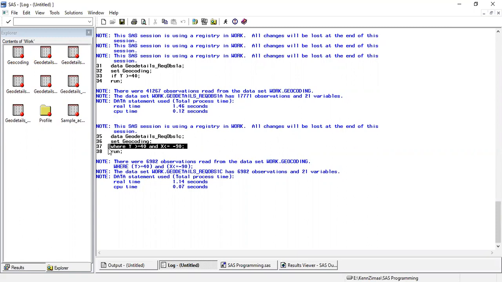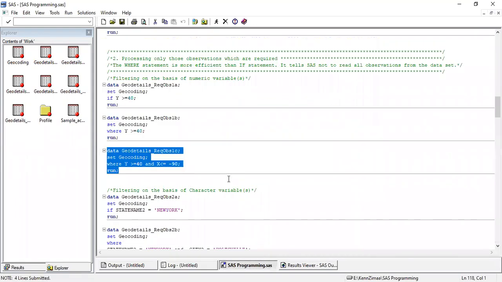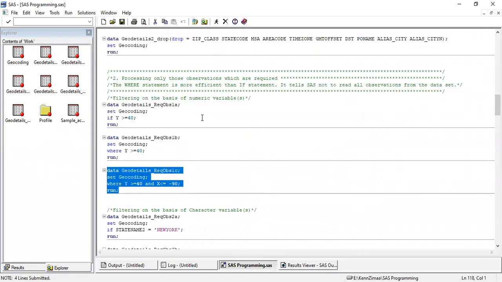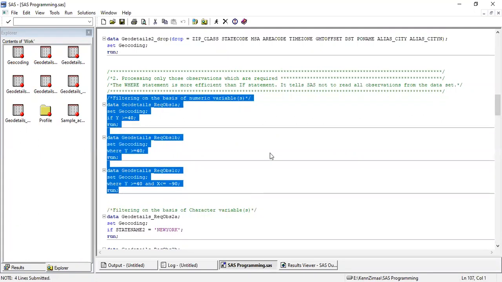But here I am passing two filters. The data will be passed through two filters, so it will be reduced further, and that's why I have a lesser number of observations.